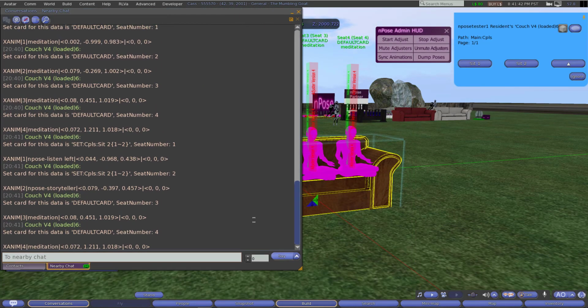Now what you see is I've got my last pose dump, 1, 2, 3, 4, and it's running the default card. And now I've got set couples here. I've got 1, 2, 3, and 4, and these guys are running the default, but these two are running the set couples. So now I've got,